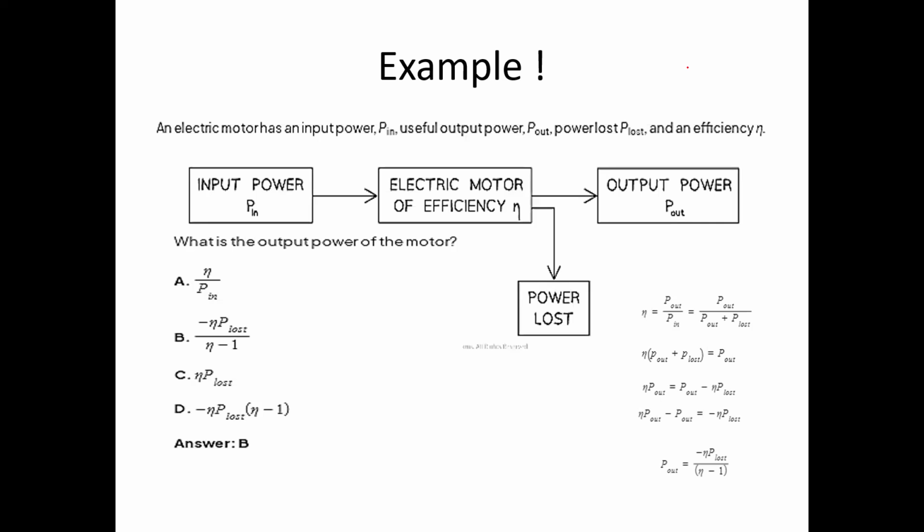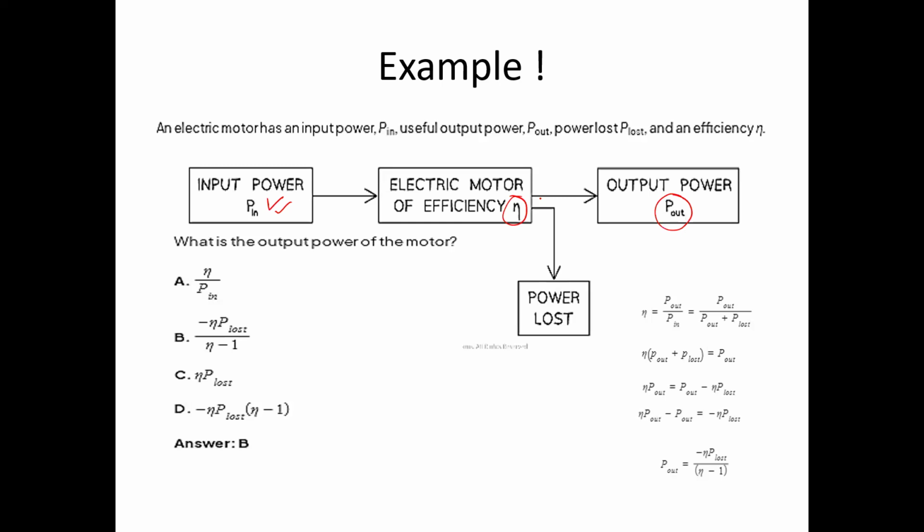All right, moving up to the next question, in continuation to the topic of efficiency. This is again one of the questions which appeared in your Cambridge exam, in which, after watching this block diagram, you have to tell what is going to be the output power. An electric motor has an input power P in. These are the variables we have to play with. There's an input power, efficiency is represented by the symbol eta, and there is an output power shown as P out,